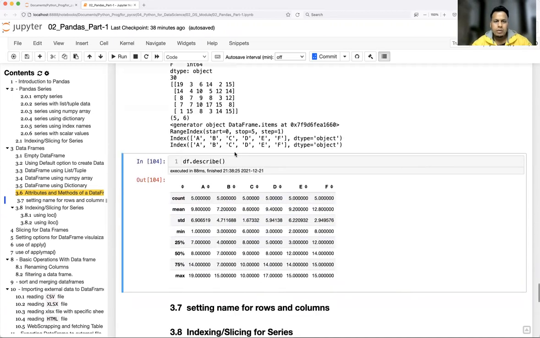Describe is another function which you should know very well. Complete table data.